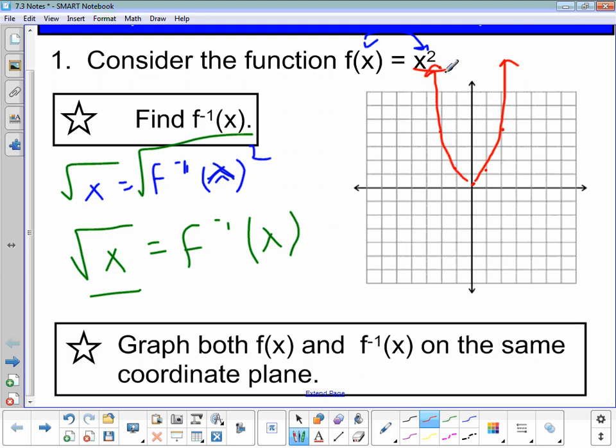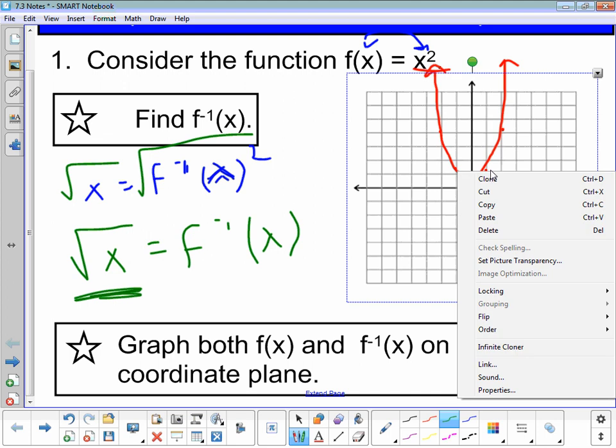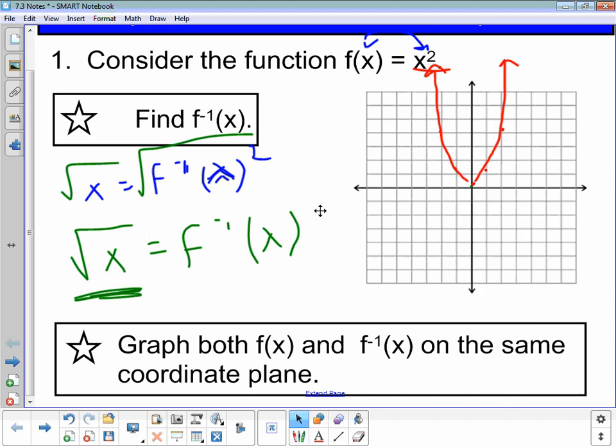Okay, that U-shaped graph. Now, when I put the inverse of x, I'll put that one in green like I have over here. When I put the inverse of x, which is the square root of x, on the coordinate plane, I end up with the parabola kind of turned on its side. Now remember, we learned yesterday that the inverse functions are reflected over the line x equals y. So if I reflect that over the line x equals y,